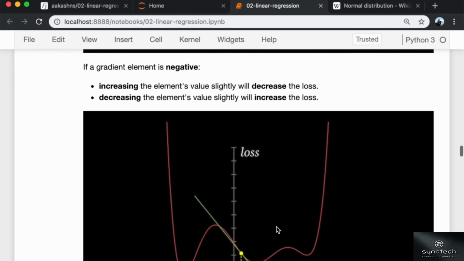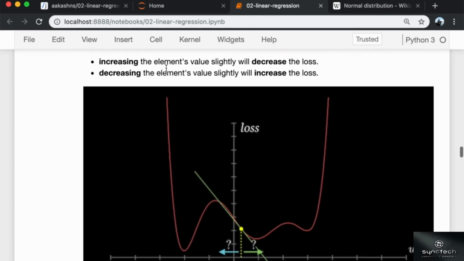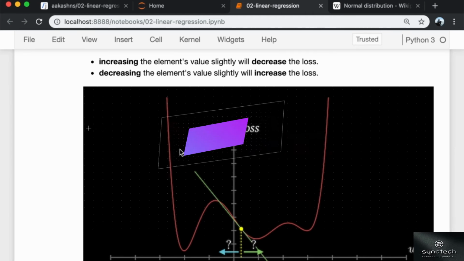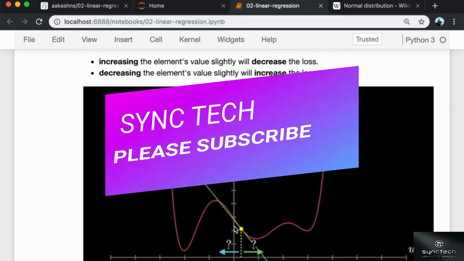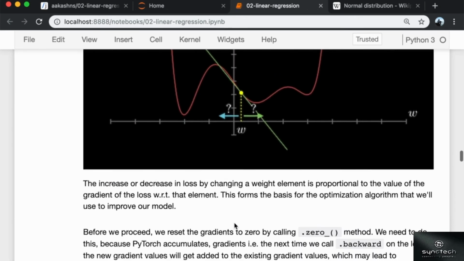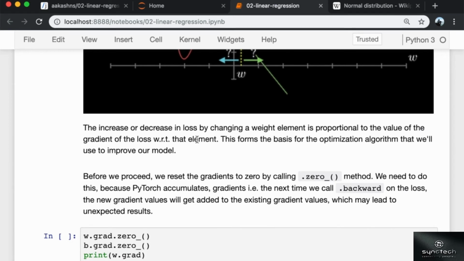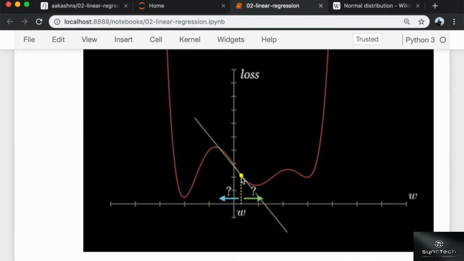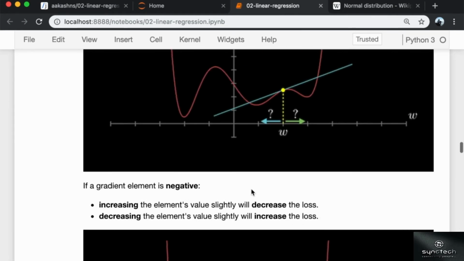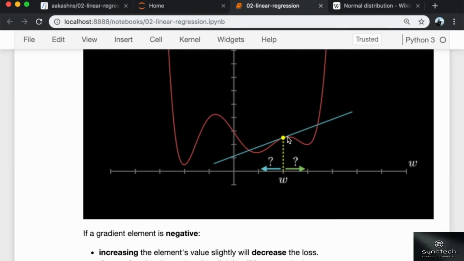Similarly, if a gradient element is negative, then increasing the element's value slightly will decrease the loss because the slope is in a decreasing direction, and decreasing the element's value slightly will increase the loss, right? And also the increase or decrease in loss by changing a weight element is proportional to the value of the gradient of that loss with respect to that element. So if the gradient is larger, then the increase or decrease is larger, but if the gradient is smaller, then the increase or decrease is smaller.